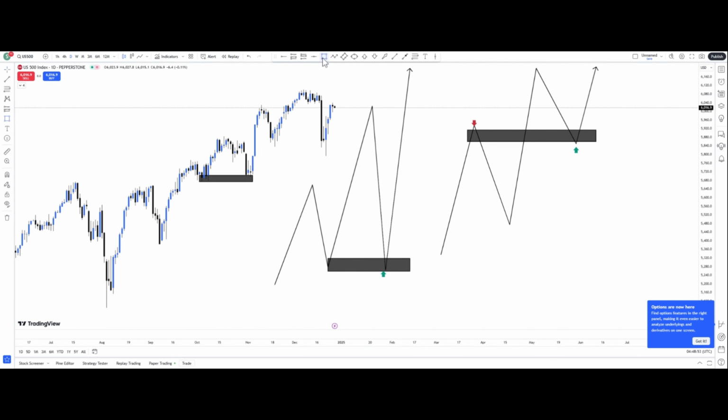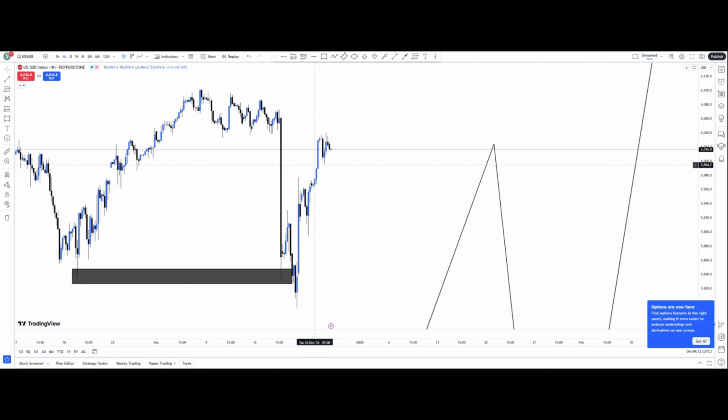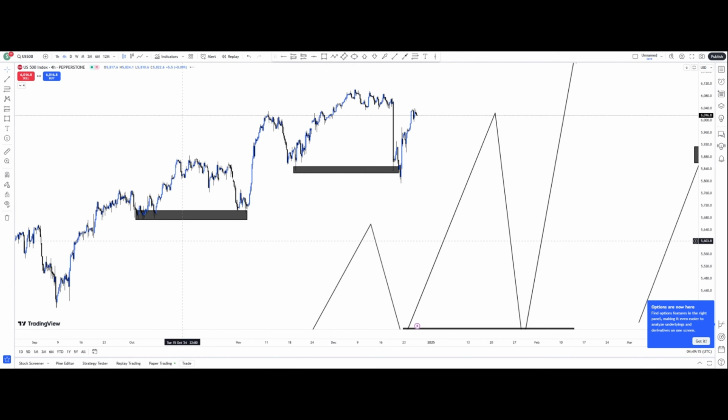Example 2, we have this current market movement here. We are only taking the demand and we are not selling our supply. Why? Because the trend is bullish. We already know the direction of the market. All we do is follow the direction of the market for us to profit from it. So what you do is you go down to your smaller time frame, which is your 4 hours, and you look for your different entry criteria.